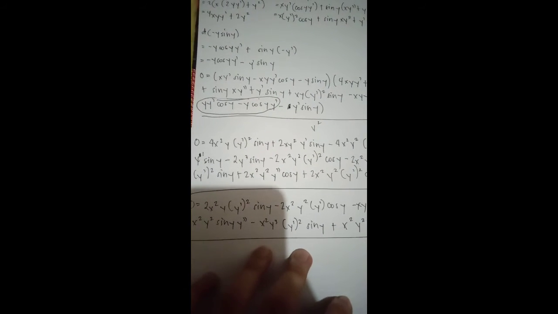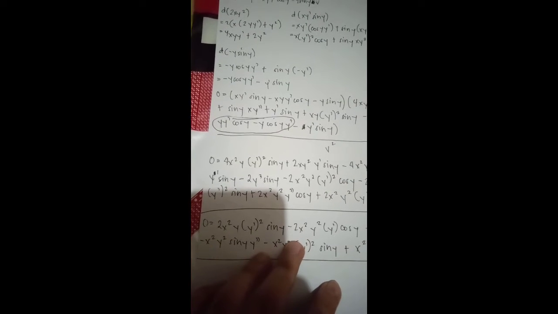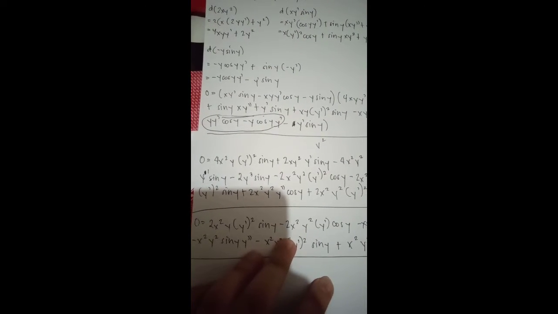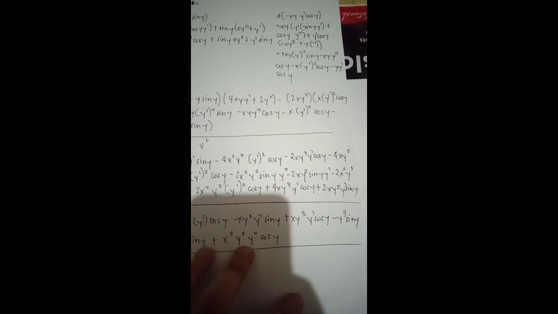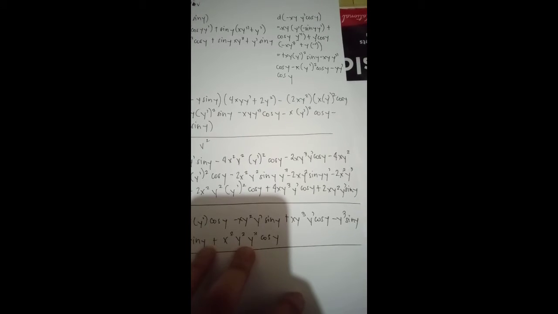0 is equal to 4x squared y times derivative of y squared sine y plus 2xy squared derivative of y sine y minus 4x squared y squared times derivative of y squared cosine y minus 2xy cubed derivative of y cosine y minus 4xy squared derivative of y sine y minus 2y cubed sine y minus 2x squared y squared times derivative of y squared cosine y minus 2x squared y squared sine y second derivative of y minus 2xy squared